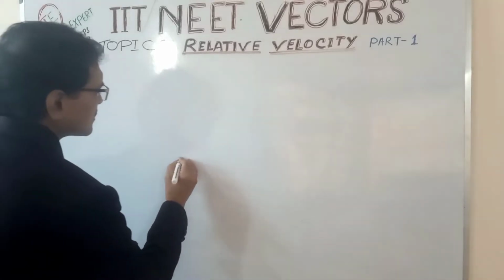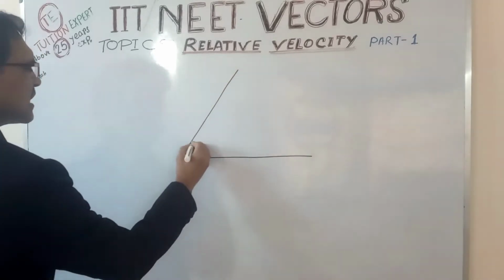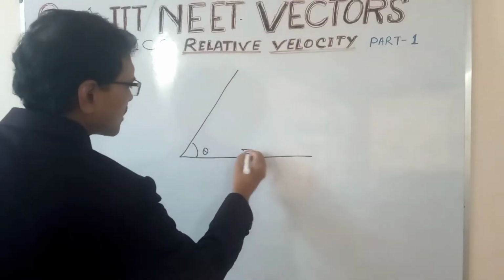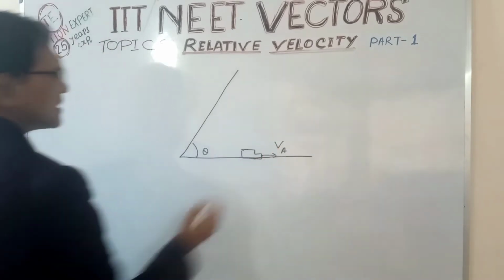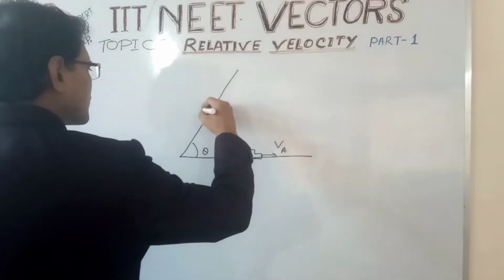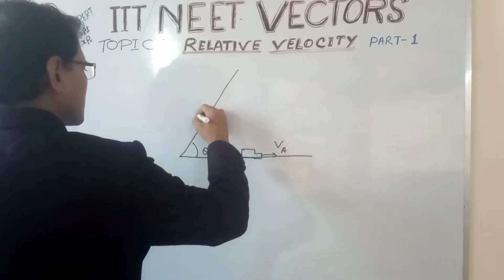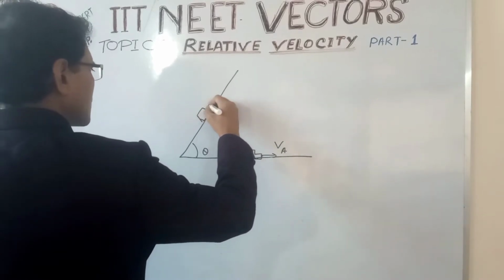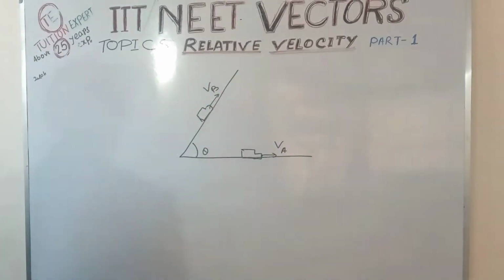Road. Two roads are at an angle theta. One car moves along this road with velocity Va and another car moves with velocity Vb along this direction. The angle between the two roads is theta. Now if